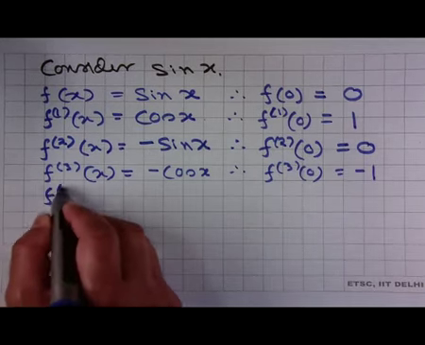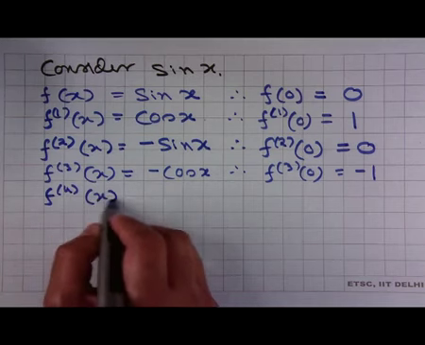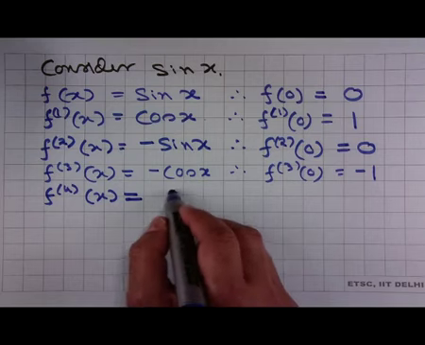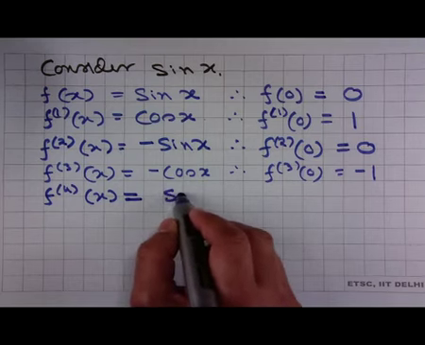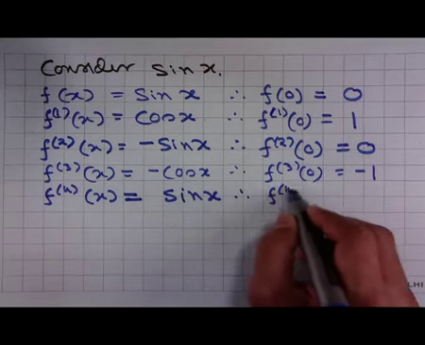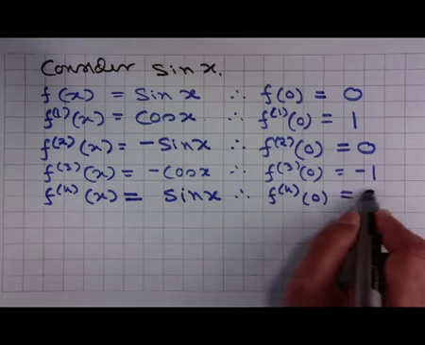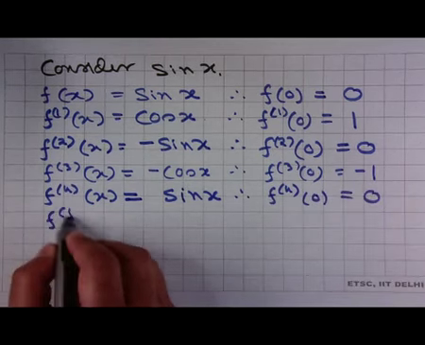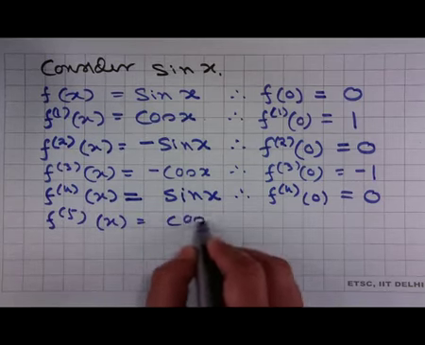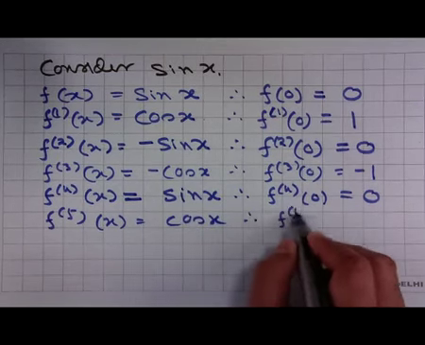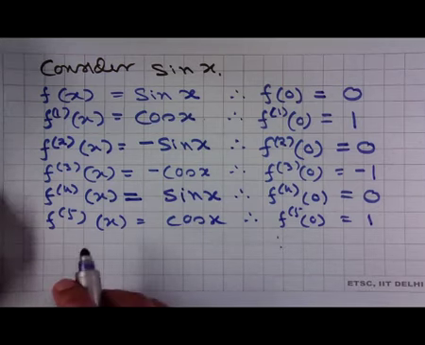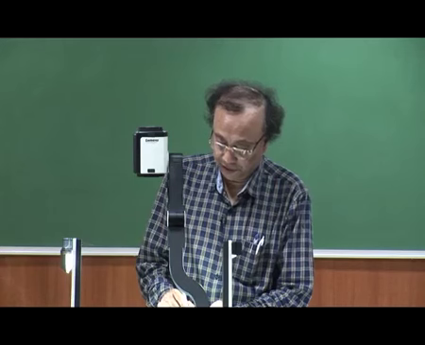I will go for a few more. The fourth derivative of x is equal to sin x. Therefore, fourth derivative at 0 is equal to 0. Fifth derivative of x is equal to cos x. Therefore, fifth derivative at 0 is equal to 1. So, let us stop here, and we know that from Taylor's theorem,